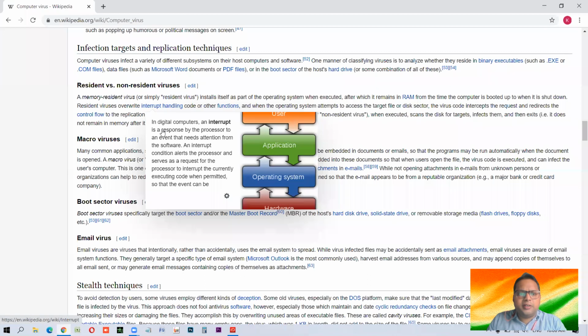In digital computers, the interrupt is a response by the processor to an event that needs attention from software. An interrupt condition alerts the processor. Normally we are using a microcomputer having a single processor in it, but a single processor is handling a lot of work. So one software is working. If another software requests something, then an interrupt is generated and the processor handles this interrupt. So that's called interrupt handling. You will learn these things when you study operating systems, not now, because we are discussing viruses right now. I'm just trying to tell you that the interrupt handling subsystem is now controlled by the virus